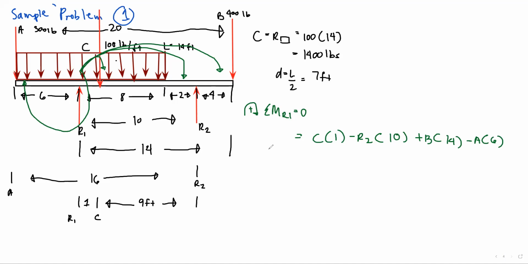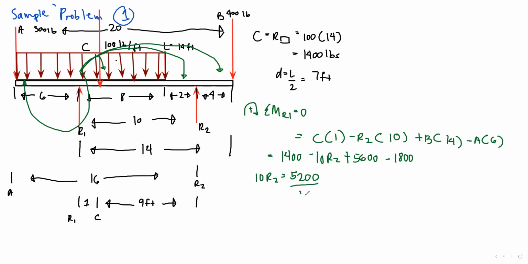Okay? So we have C as 1, R2 as 10, B multiplied by 14, A multiplied by 16. And then substitute na natin. Okay? So 1400 minus 10 R2 plus B times 14, 400 times 14. 600 minus 300 times 6, 1800. Okay. So, next, itong 10R2, lipat natin sa kabila. 10R2 is equals to